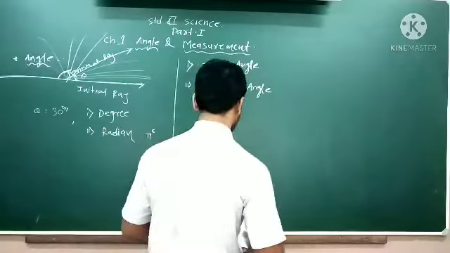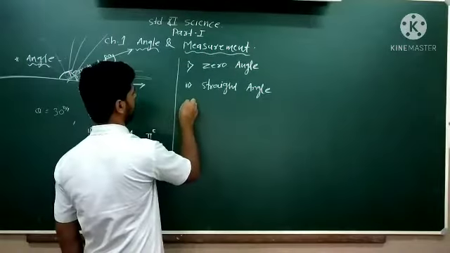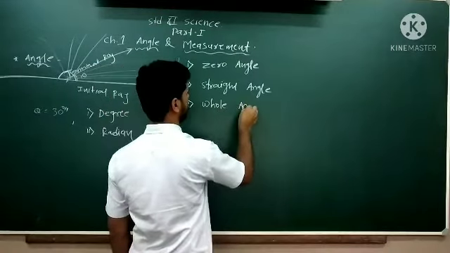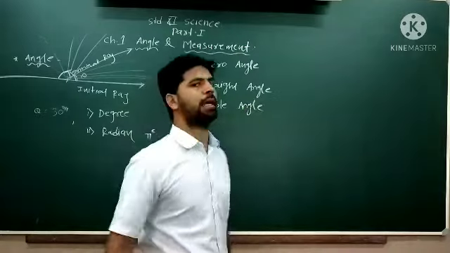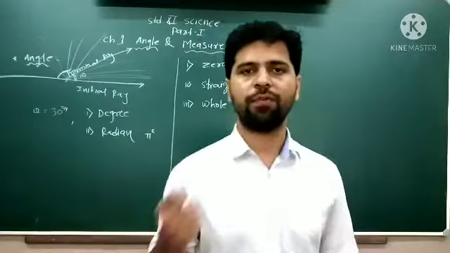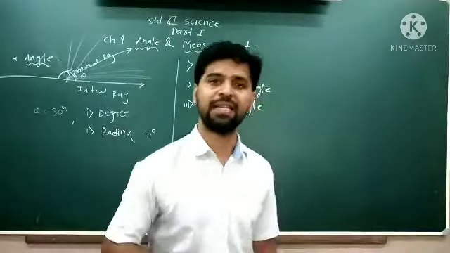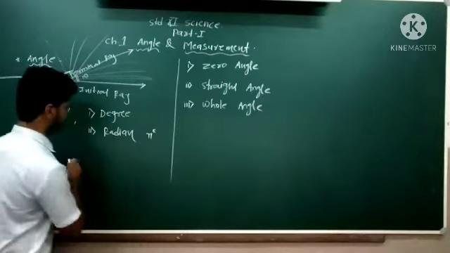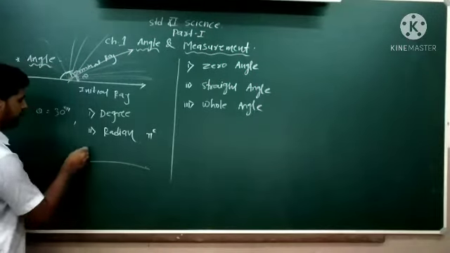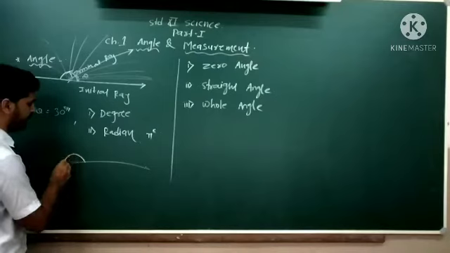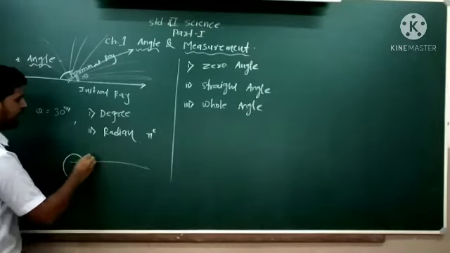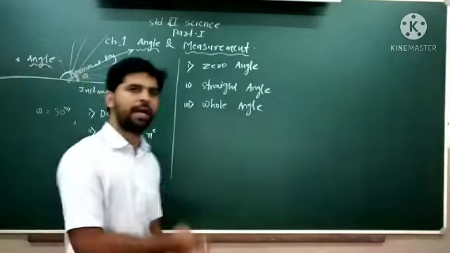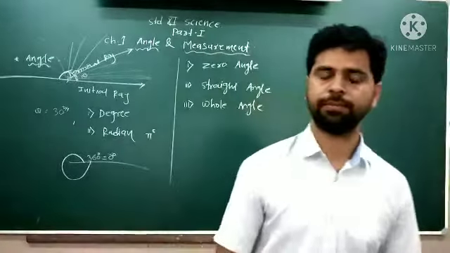Now next is whole angle, number 3. Now what is this whole angle? Whole angle means the whole angle from 0 to again that point, that is 360 degree. Correct? Like this. Suppose you start to count your angle from here, 0, then 90, 180, 270 to 360. Again you are getting 360 degrees, nothing but 0 degree. That is called whole angle. Whole angle means complete angle. Okay? The next.